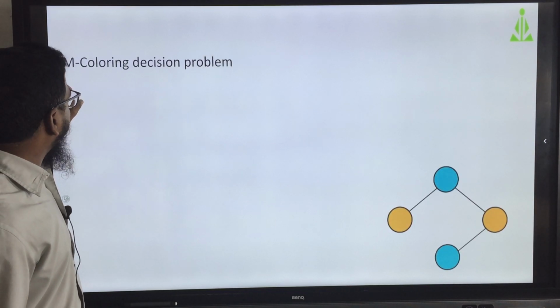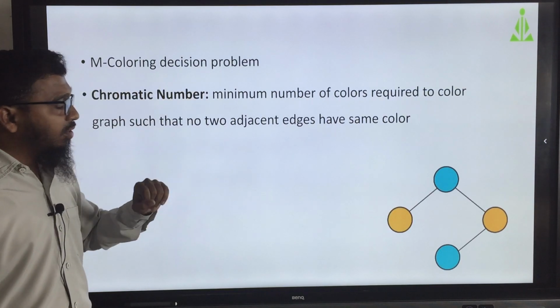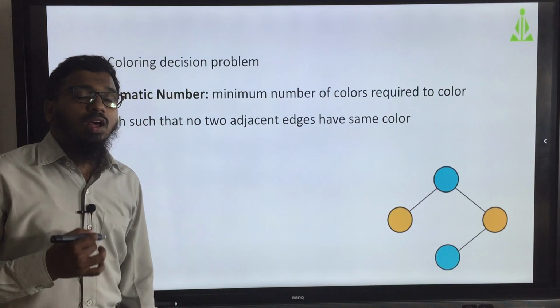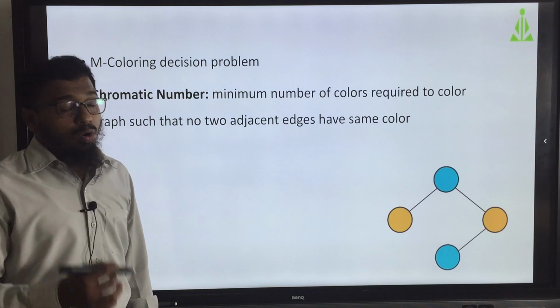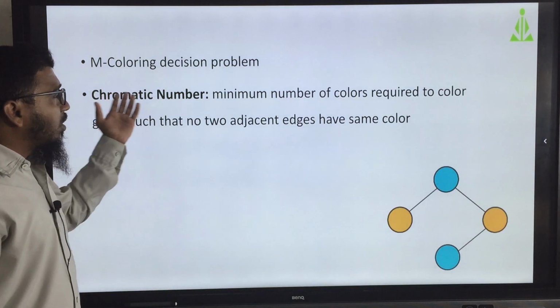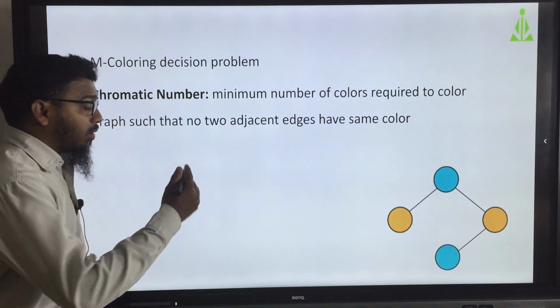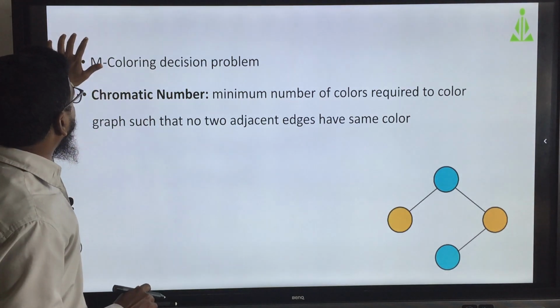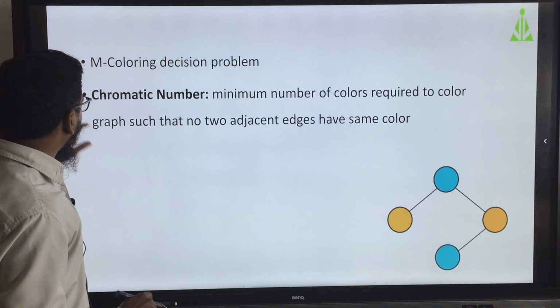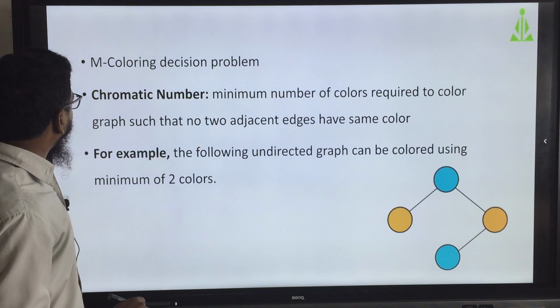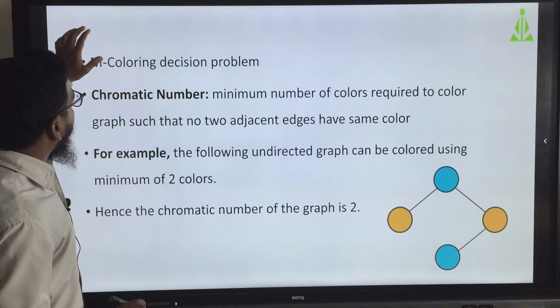Here you can see the M coloring decision problem. Here one thing is there, the chromatic number.